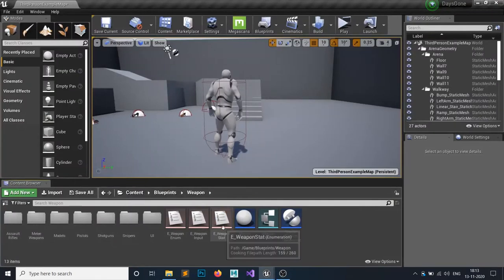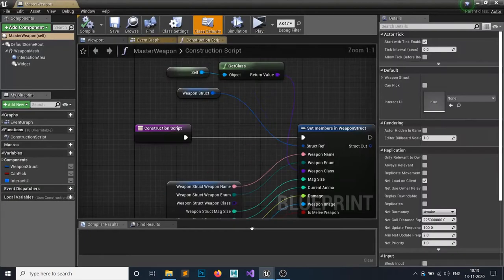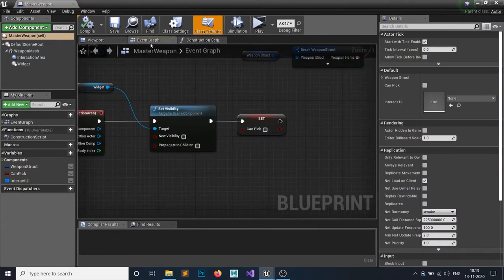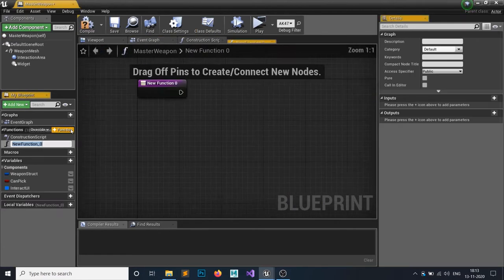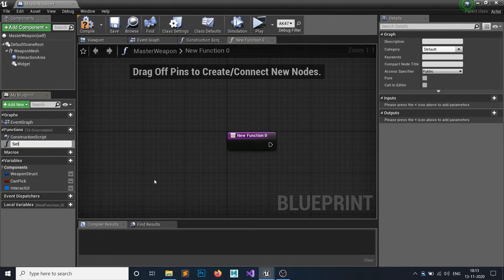Okay, and now for our weapon state, let's create that function in here so that we can call it out. So let's create a function. I'm going to call it set weapon state.